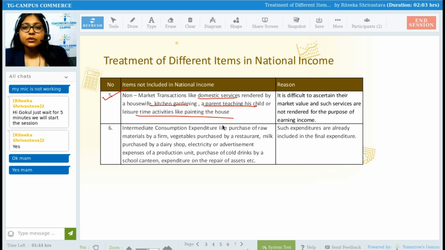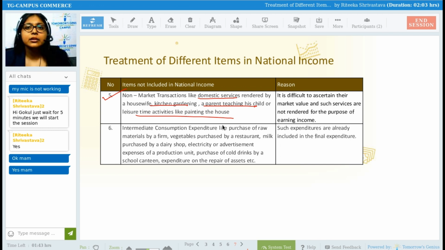So all these domestic services which are taking place in the economy, again those services will not be included in national income. Why? See, domestic services means any services or anything which is done out of care, love, respect, emotions. Okay, so if our mother is working in the kitchen and she is preparing nice good food for us,